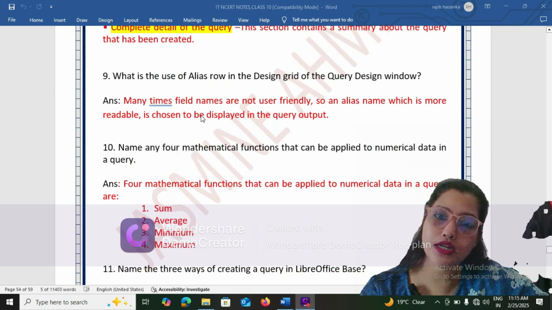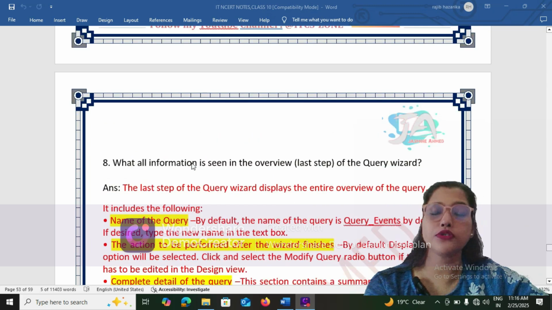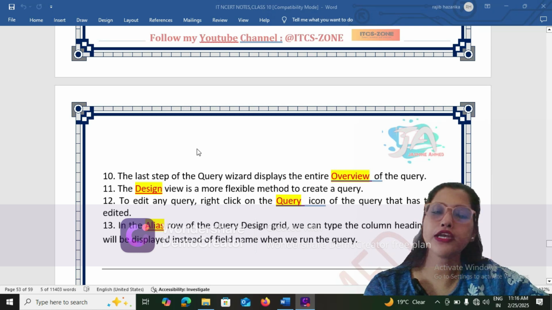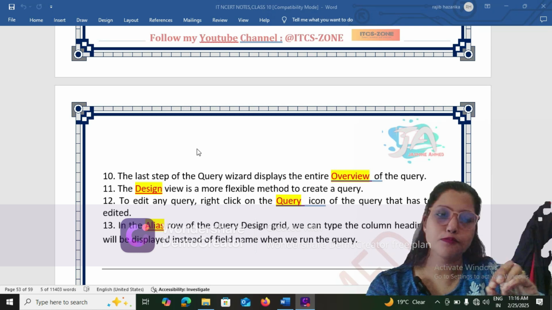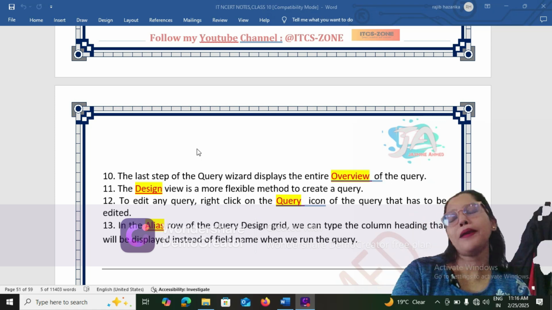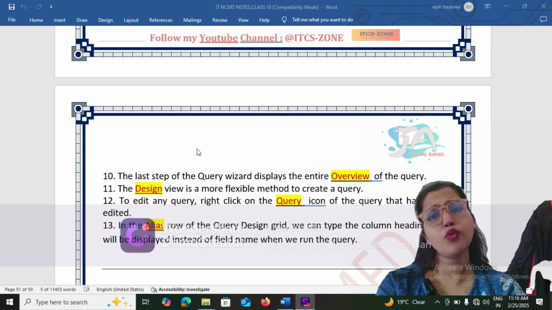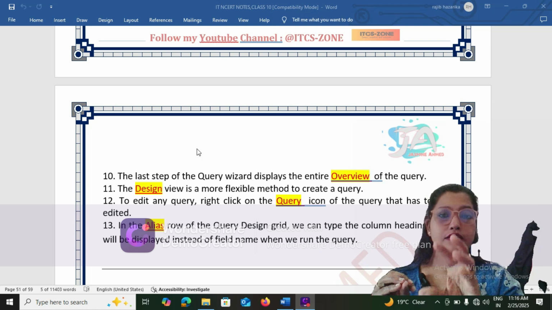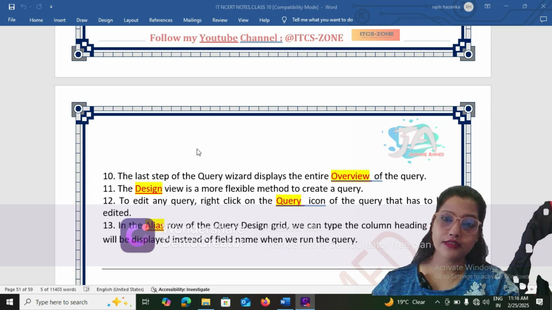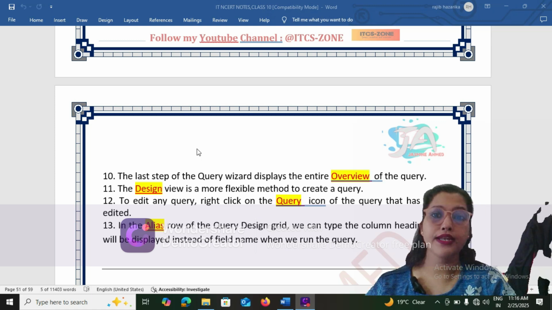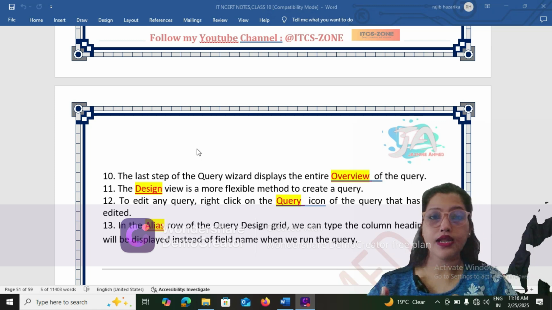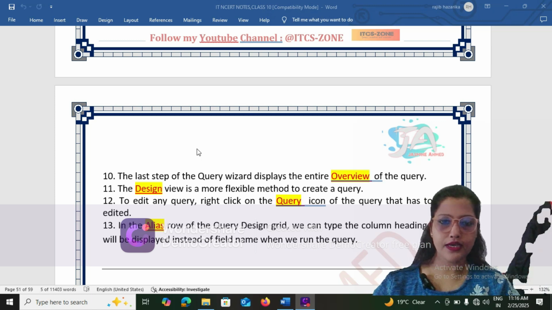Other than that, in the question answers you will find every detail required for your board exam in this chapter. Every single detail is there. This much will be enough if you can actually do the mind mapping. Mind mapping is very important for your board exam. You will have to create a mind map of the important factors required in this chapter. After that, you will find other information related to the subtopics, and you will create a mind map: in this chapter I need the wizard of the query, then I need